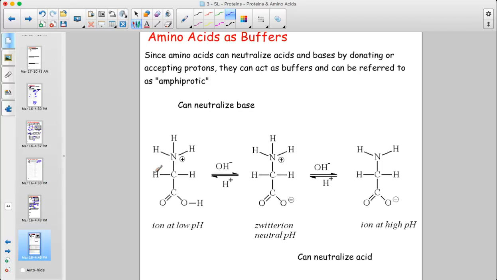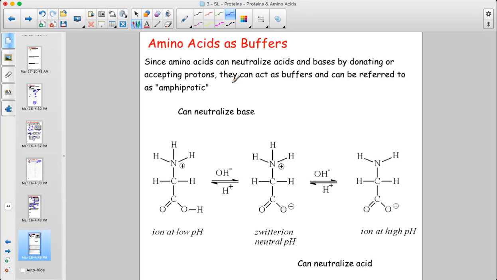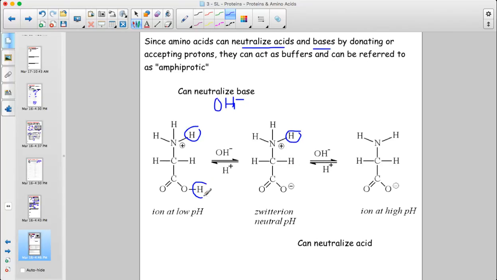Last topic for the SL, I think this is still in the SL syllabus, so I'm going to just talk about it briefly. I mentioned before, amino acids can act as buffers. That means they can neutralize both acids and bases if small amounts are added to them, and it's because they have those two functional groups. So if you add base, if you add OH-, there are lots of groups, depending on the form of the amino acid, that can react with this OH-. This H+ here we talked about could react with it. This H+ here when it's in Zwitterion form, and this carboxyl H here, if it's in the positive form, all of these H's are acidic and can react with the OH-.